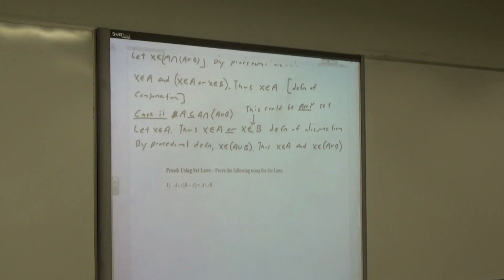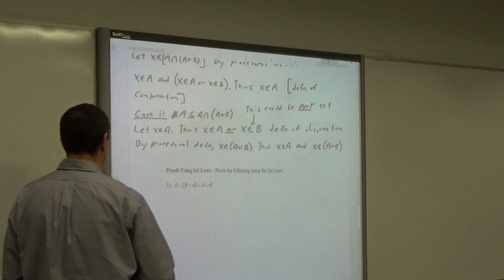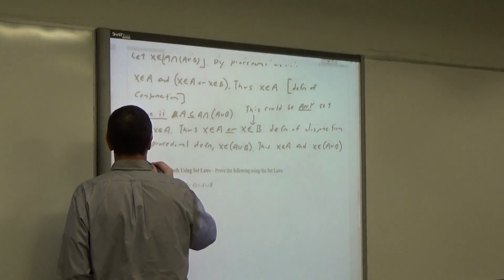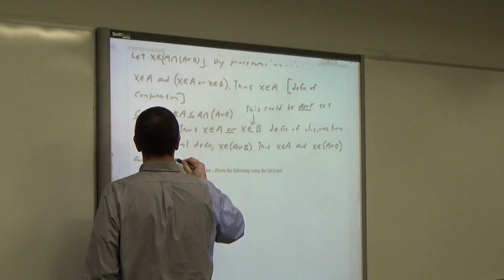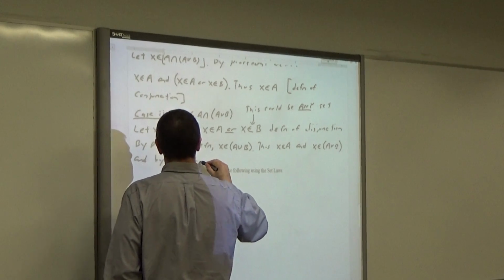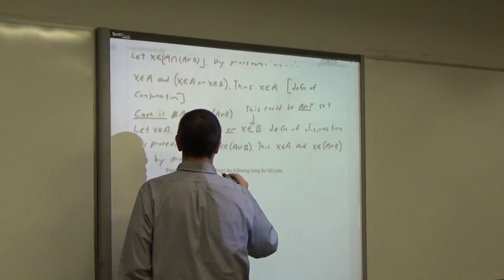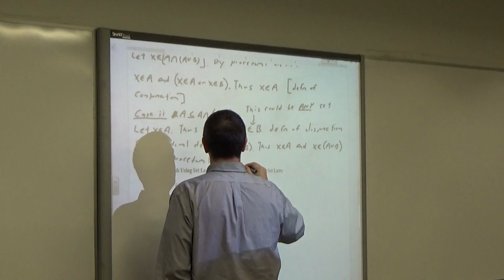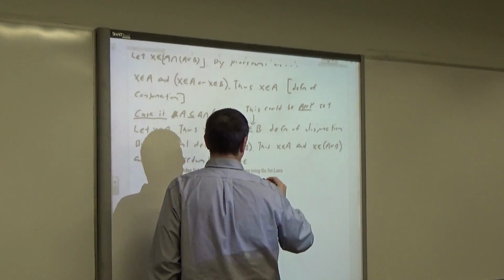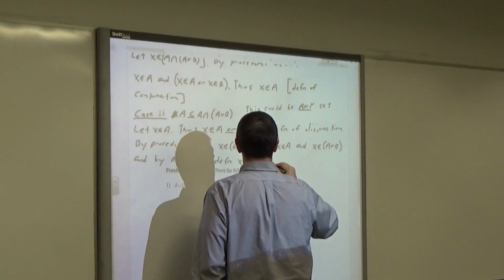Okay. And by procedural definition, we can just stick a union or an intersection in for the and. Okay, so, and one more time, by procedural definition, X is an element of A intersect